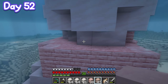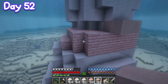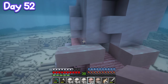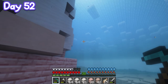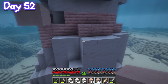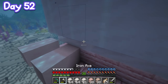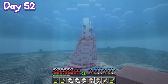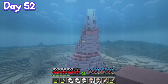Okay, actually, I was thinking, what if I added these little spiky thingamajigs out the side of these pink rings, and then it will sort of look more like a shell, maybe? Hopefully this is a great way to use the terracotta that I already spent so long collecting. Okay, that looks not great, but I think if we continue these things down onto the other pink rings, it